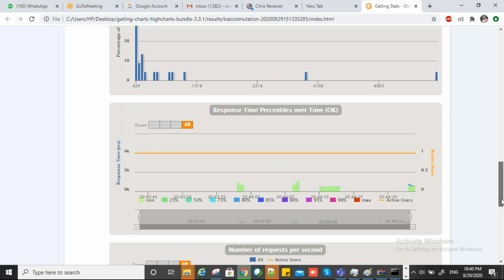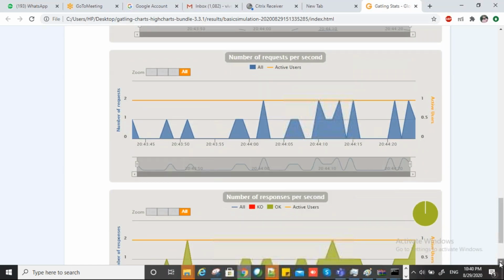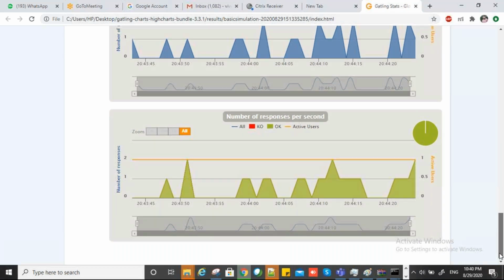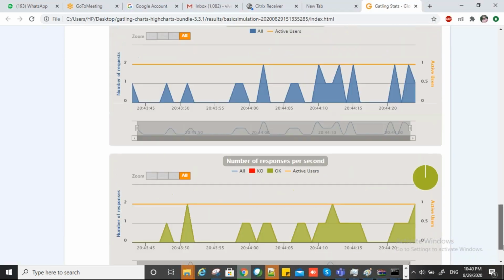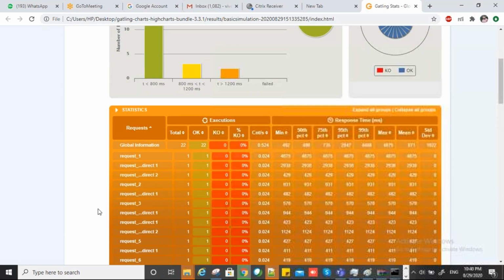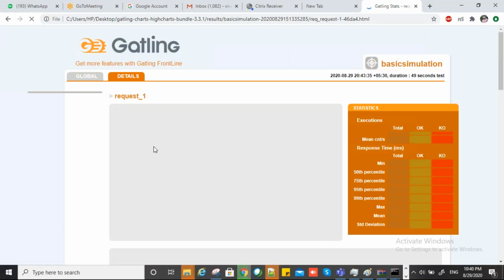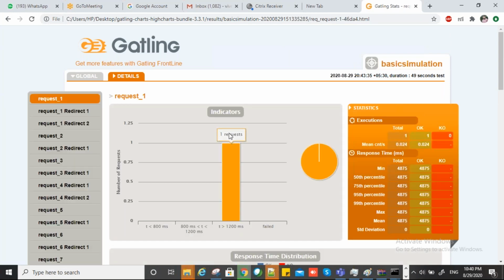Whatever scenario you design, according to that you will get your result, and you have to analyze it according to your scenarios and your strategies. If you want to check the individual performance of your API, you can select any API here, and you will get all these things for the individual API.